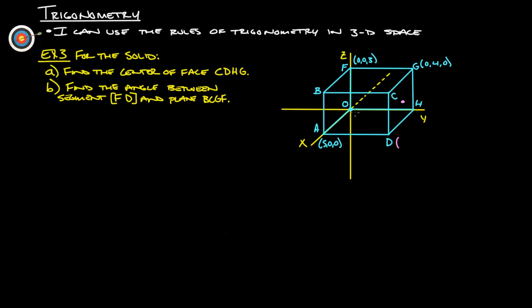So D on the X comes out 5, right? And then on the Y it goes over 4. And then it doesn't go up at all on the Z, so it would be 5, 4, 0. So really what we want to do is find the midpoint between G and D. Okay, so for part A, midpoint of